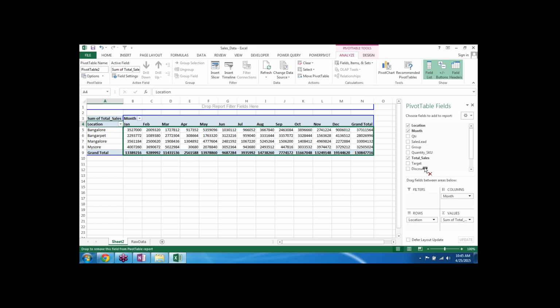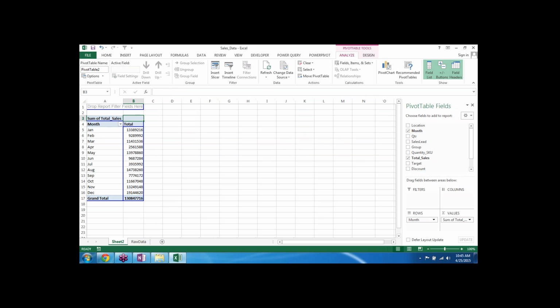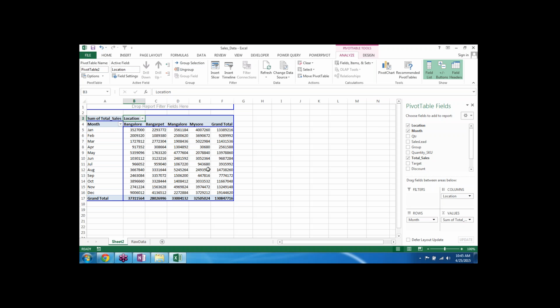I will show you. You bring out the month over here, which is absolutely fine, and then you put the location over here. Does it make any difference? It does not make any difference. It is just the way you want to display the data, the way you want to plot your charts, because the end result will be charts. Again, as I told you, data visualization will not be effective if you are just showing numbers. The numbers might all seem to be the same, but the moment you convert them into a chart, you realize that there is a difference in this particular data. Fine.